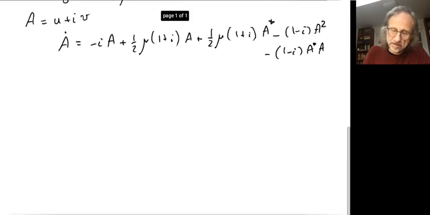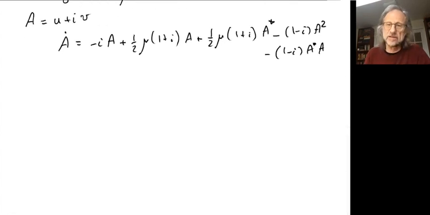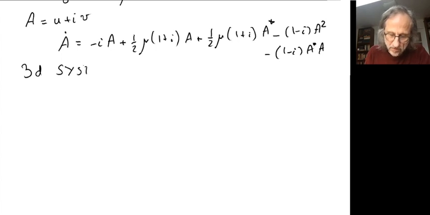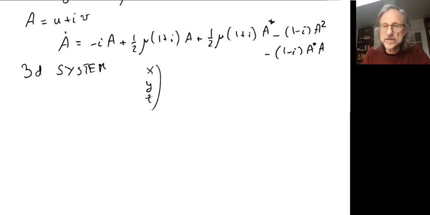So let's assume we have a 3D system, just so we have a little bit of concreteness, but I'm not going to write down specific equations. So say we have 3D. In the original coordinates, that's going to be X and Y and Z, and there are some ODEs given for that. So we linearize around some fixed point. We find now, in this case, a complex pair of eigenvalues that cross the imaginary axis, which characterizes our bifurcation point. And then there's a third eigenvalue. And we assume that it is negative, because we would like to have only a stable manifold and a center manifold,